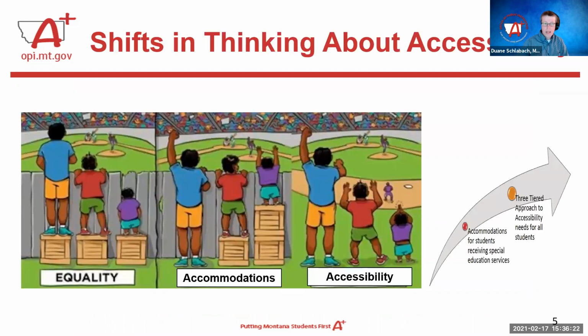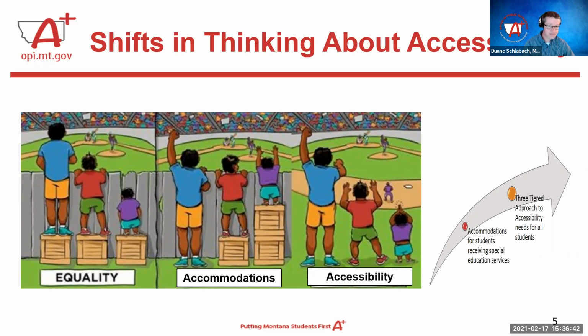And then when we look at thinking about accessibility, the terms accommodations and accessibility are often, I feel, intermixed and confused with each other. And maybe this graphic perhaps best describes the differences here. The left panel shows you equality, where all students receive a riser, but only 2 of the 3 can see